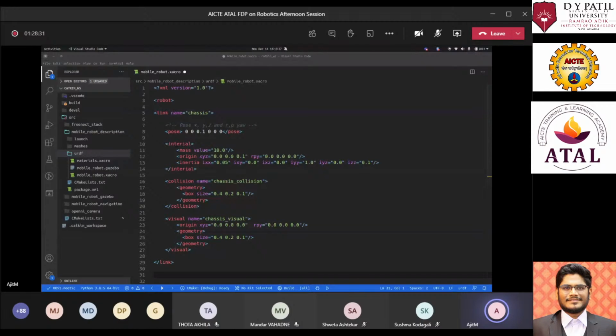When you define a link, you have to define how it looks visually, so visually it will look like a box. How collision will work in the world will also be like a box, and there would be the inertia of that specific box, which we have defined over here. That inertial will have the mass, its origin, and the inertia matrix. Do you still have the question, or did you understand it?